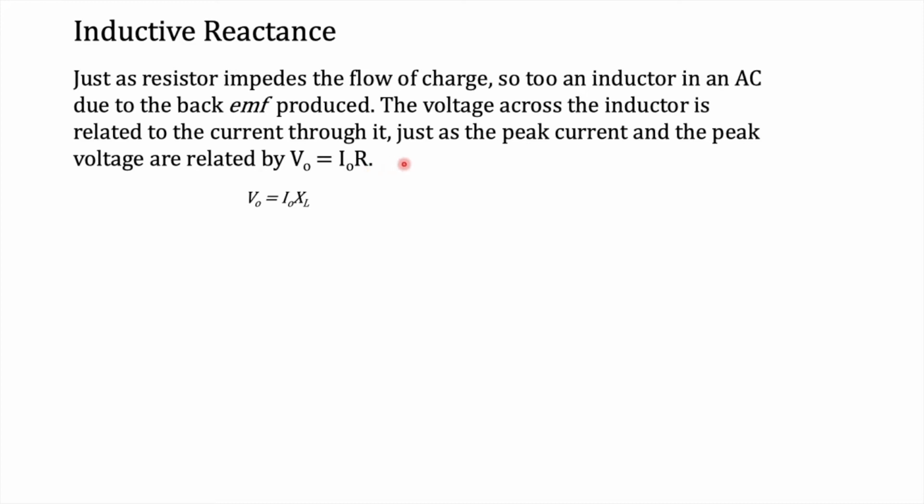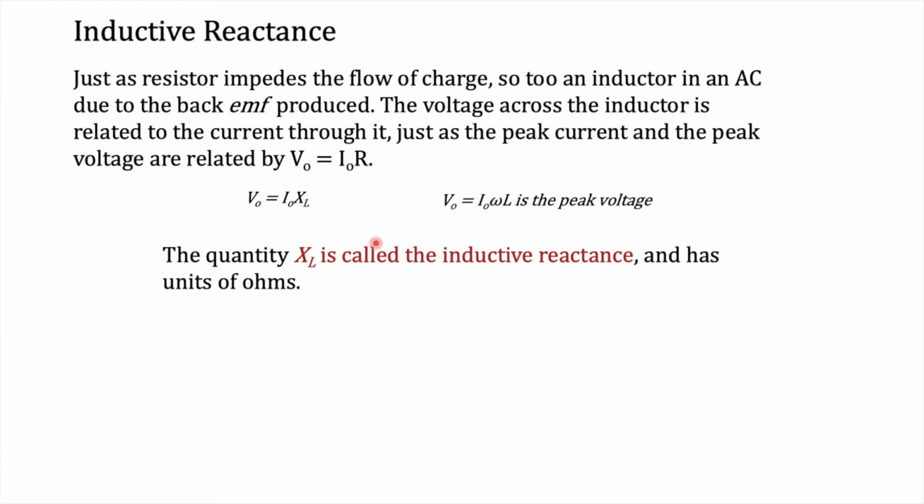It's just a material that produces back EMF, which opposes the flow of the current. So we call that inductive reactance XL, which is equivalent to V naught over I naught